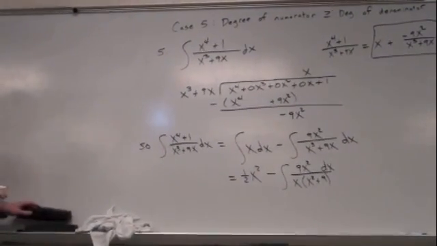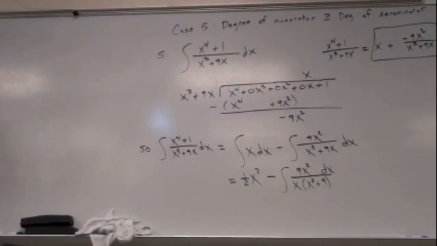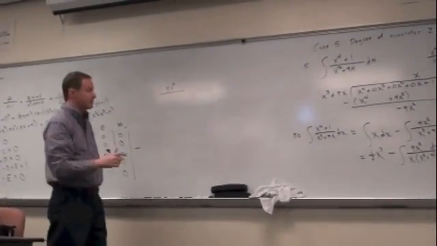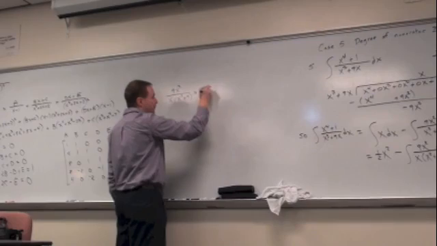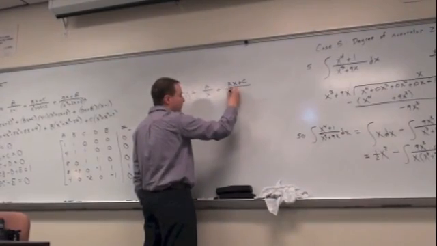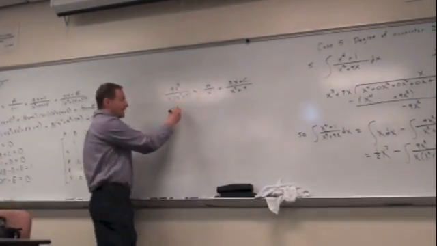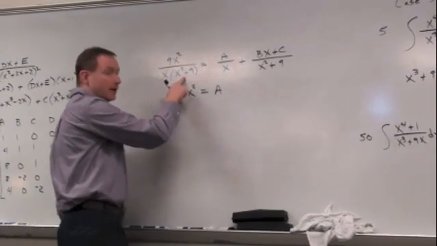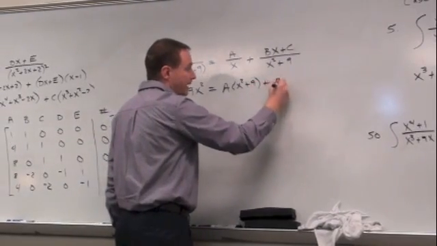So now it's a case 3 problem inside of a case 5 problem. I can say 9x squared, and this one will not be bad. Whenever you combine techniques, I promise you, it's not going to be bad. I'll say it's A over x plus Bx plus C over x squared plus 9. So I can say 9x squared is equal to A times the other denominator, x squared plus 9, plus Bx plus C